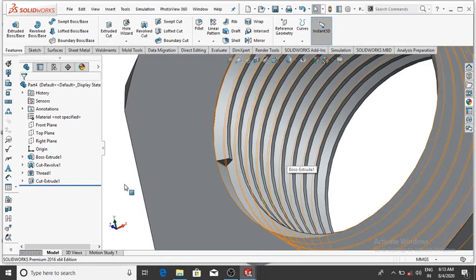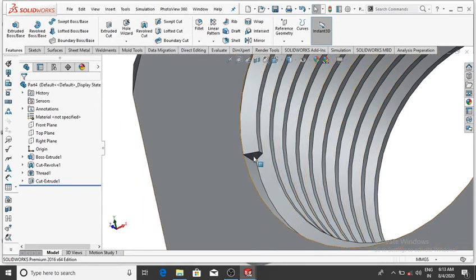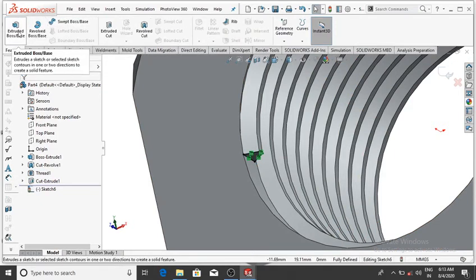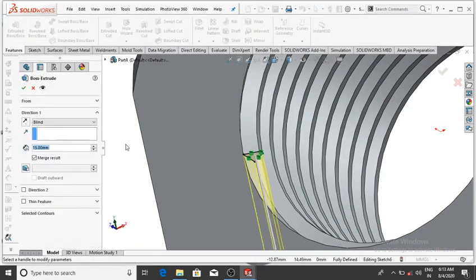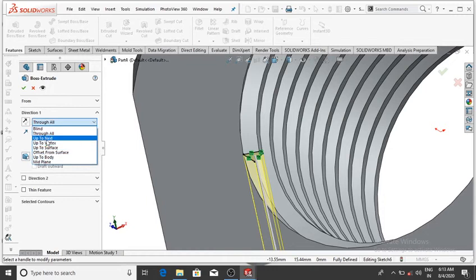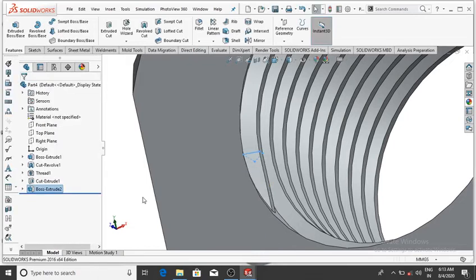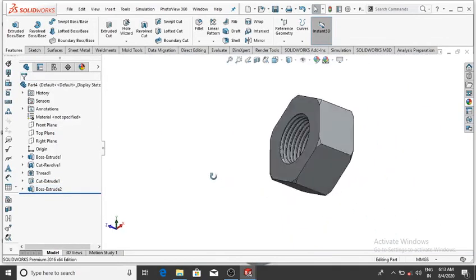So again select this face, sketch, and make it convert entities, and now go to the feature and go to the extrude boss base, and extrude boss base up to next, select up to next, then OK, it will be selected, then OK, and again